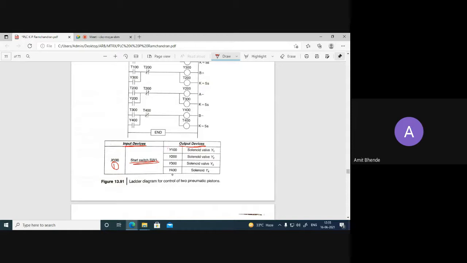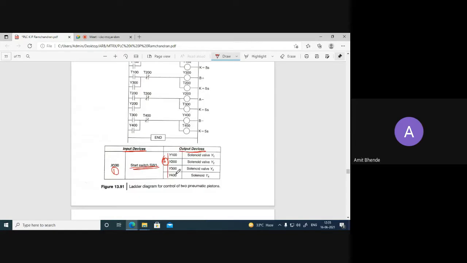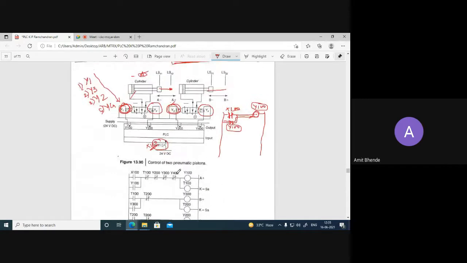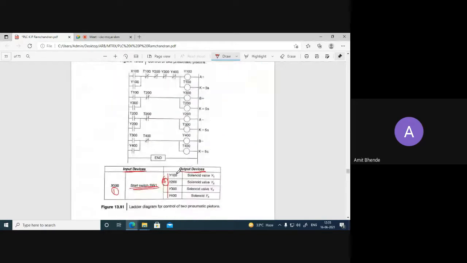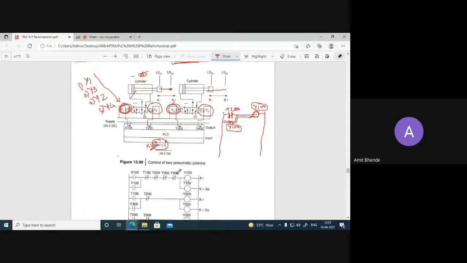And there are four output devices, Y100, Y200, Y300 and Y400. So these are the solenoid actuators to the direction control valves. So these many input devices and output devices are there.